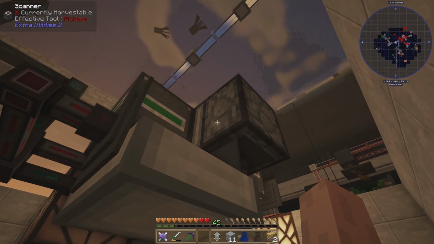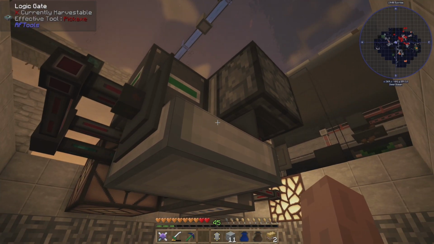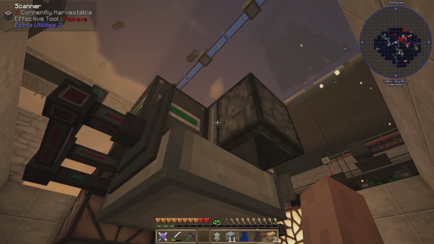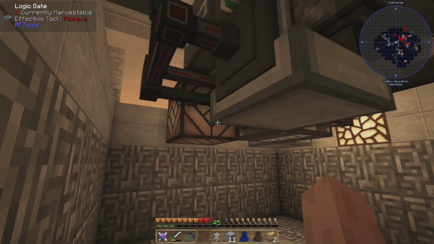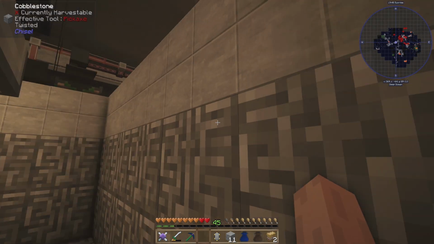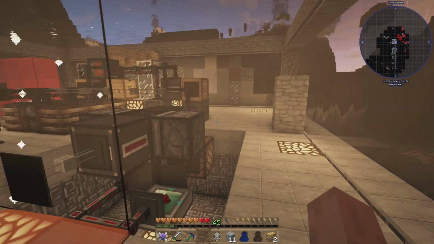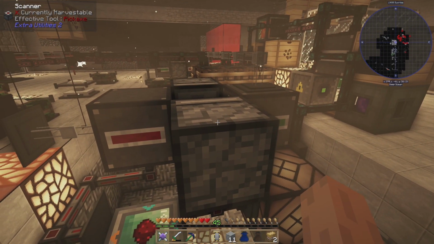But when there's no canola oil in front of him, or it's refined canola, just to be clear, refined canola coming up that pipe, when there's none of that, he's sending a signal that keeps him from doing anything. Okay? And then on the other side, we have kind of a similar situation. This scanner looks for